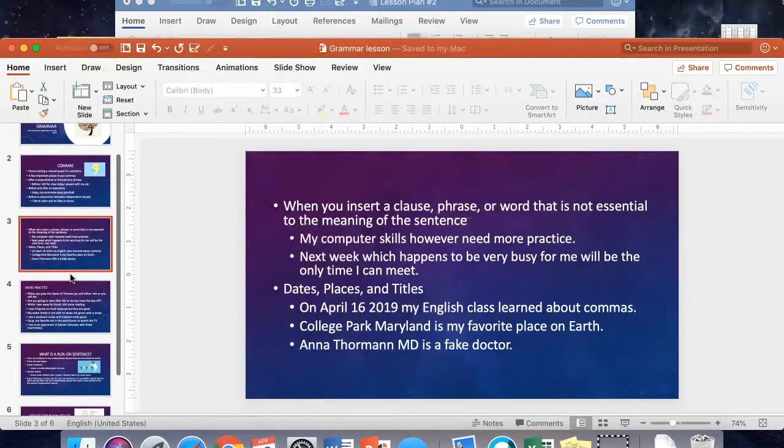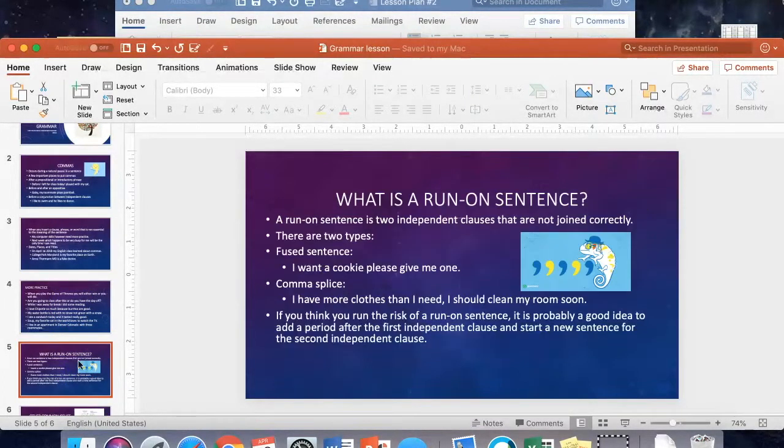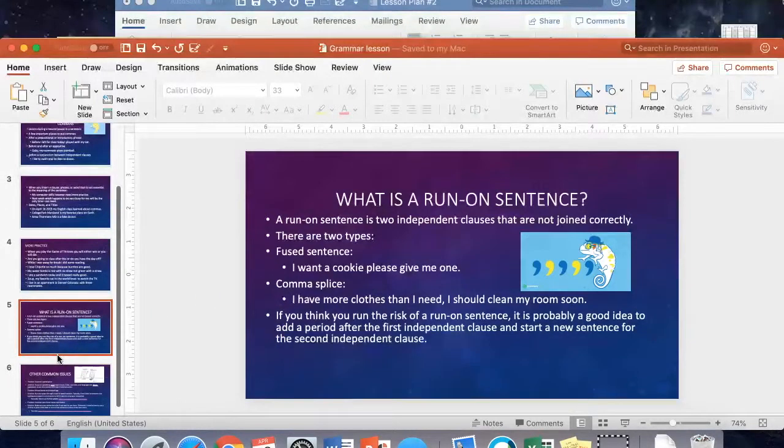And they can have that saved on their computer in case they ever need to reference back to it. I talked a little bit about run-on sentences. I really wish that I had given them more of an opportunity to engage with this. If I were to do this lesson plan again, maybe I would have asked them for an example of what they thought was a run-on sentence, maybe in their own writing, or asked them if they knew what consisted of